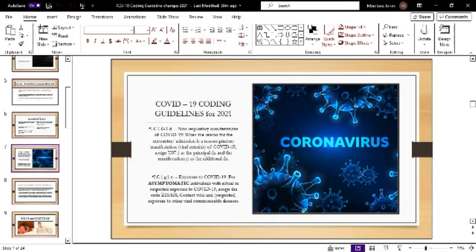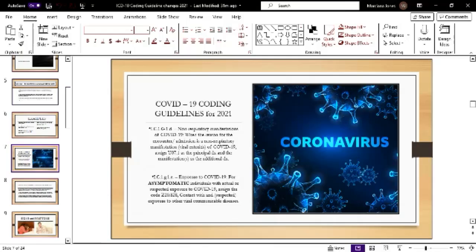And as you can see, you have the sections listed so you can cross-reference me and go back and double check if you need to. But here's the information about exposure to COVID. So exposure to COVID-19. For asymptomatic individuals, and we all know asymptomatic means you're not showing any symptoms, for asymptomatic individuals with actual or suspected exposure to COVID-19, assign the code